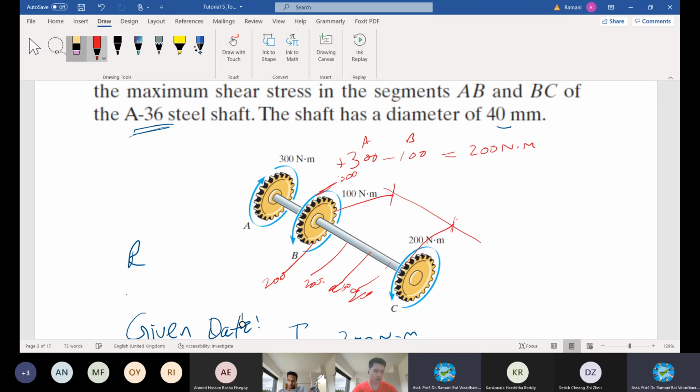Relatively low. I cannot give you the exact value unless you have software to analyze and show you the nice distribution. It seems to be 200 until the layer before this wheel, right? Again, coming to this point, this is positive 200, and this is negative, so it becomes 0 at this point. Technically, it is 0 at this point, according to the equilibrium equation. Is this clear?